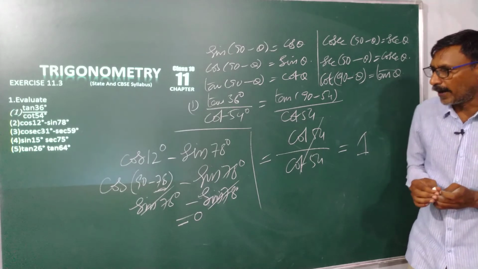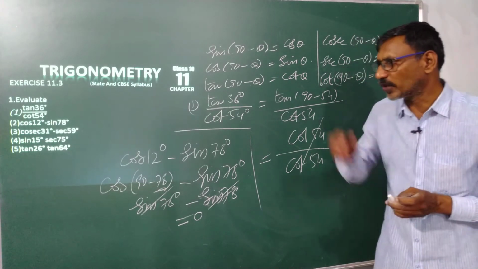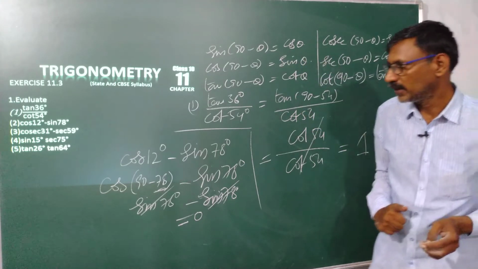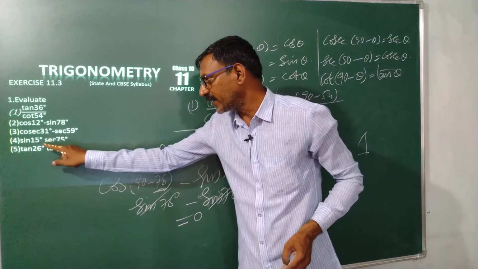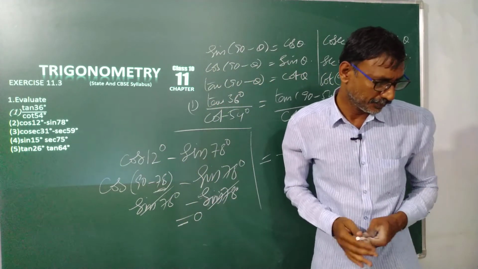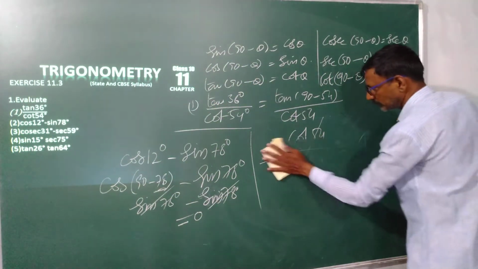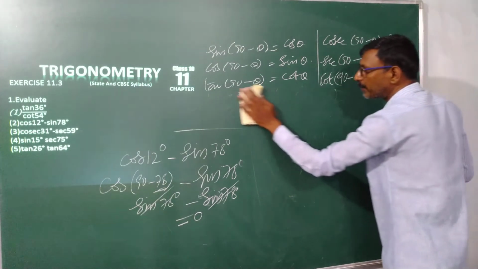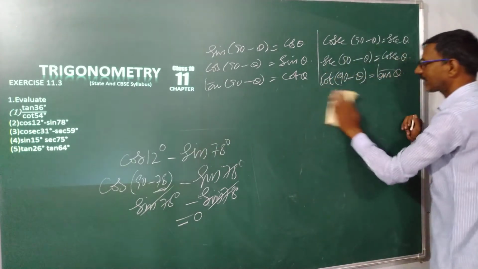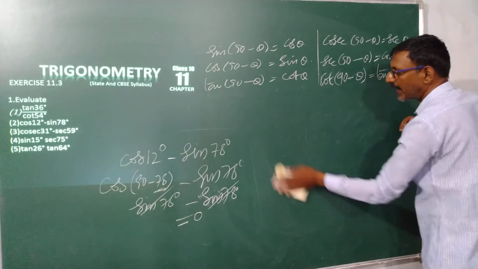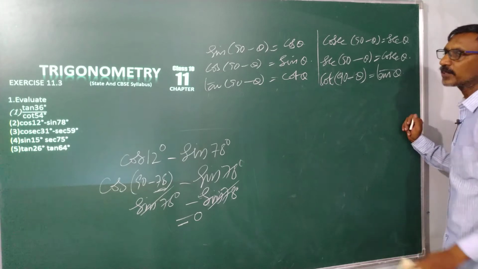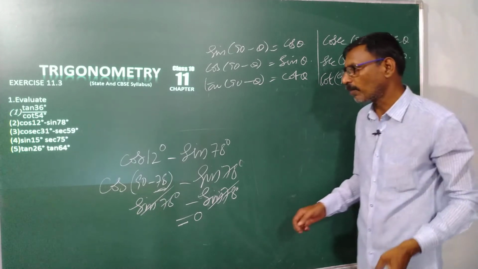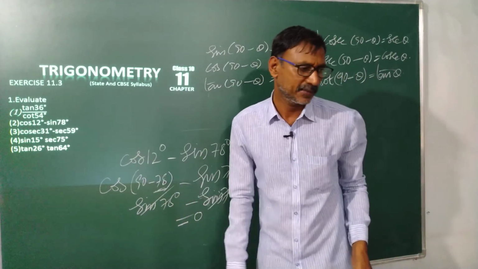Now coming to the third problem, you try the same, and I would like to solve the fourth problem. This one was in minus, you tried it; here I have a product, I will try this one. Every time keep in mind these 6 complementary angle formulas in terms of sin and cos or tan and cot; they help us to solve every problem from this exercise.